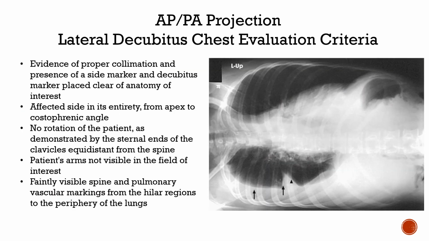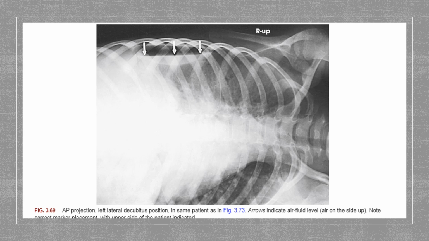So taking a look at our two images, on this image we're looking at a lateral decubitus of the chest. The right side's down, so we're looking at fluid on the affected side, which is the side down. That's a pleural effusion, fluid in the pleural space. On the other hand, you could be looking at air, and this is a left lateral decubitus. So we're looking at the right side up, so the air is in the side up in this case, and therefore we're looking at a